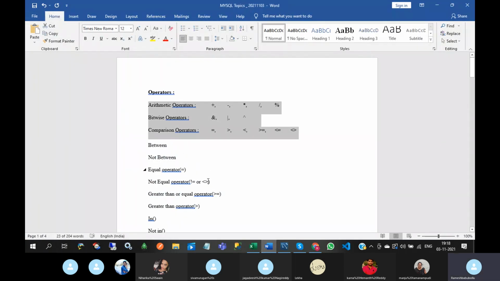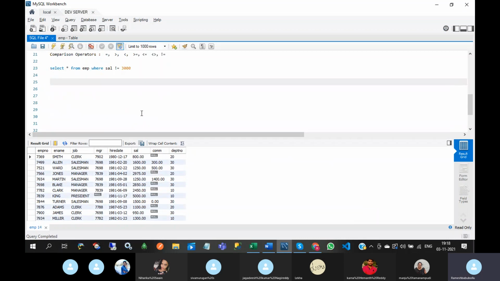Next, between, not between. So between means, suppose I want the employee details who are having salary between 3,000 and 5,000. So we can write this query in different ways. So salary greater than or equal to 3,000 and salary less than or equal to 5,000.